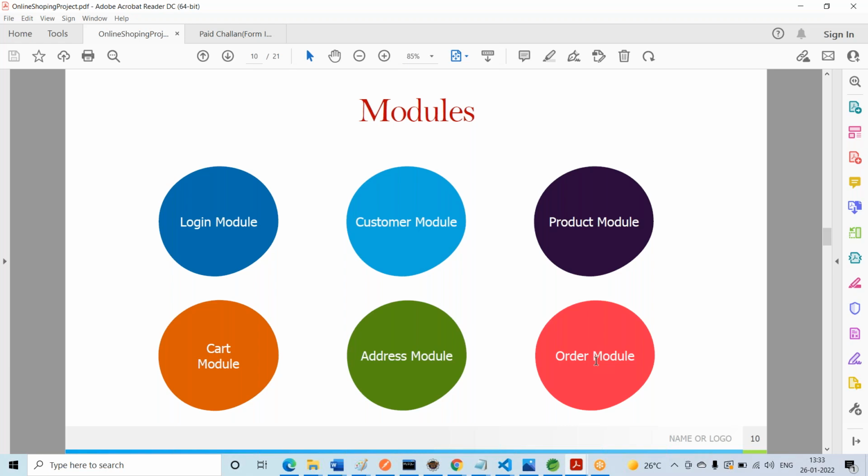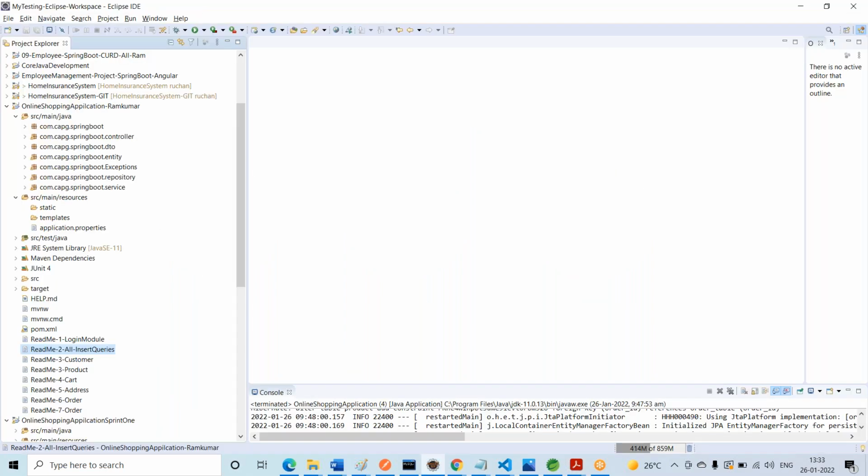All are integrated into this project. The previous project I gave was only for the login module, but now I'm giving the complete project. You can go through each module.